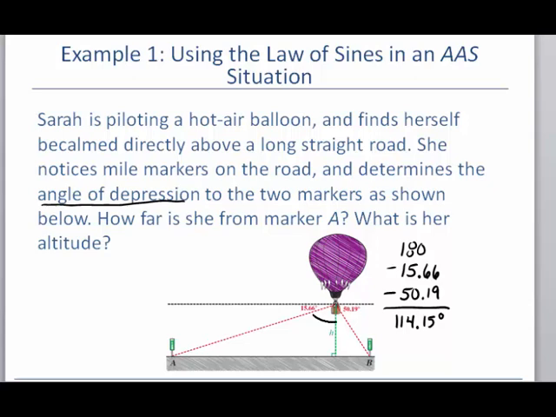Okay, so that's one thing that's going to be helpful to us as we start working this problem, is to know this angle measurement at the top. The other thing that's going to be helpful is to know at least one of these angle measurements at the bottom. So I'm going to work at figuring out what this one is, what angle B is for this